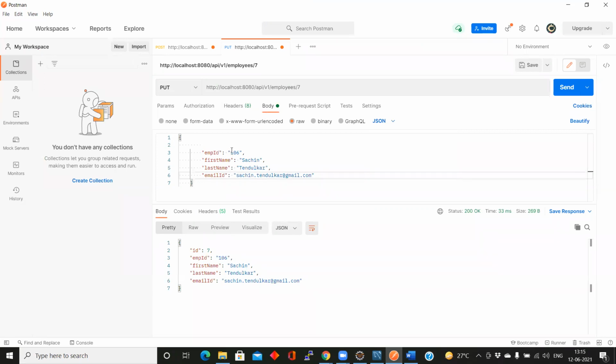And here, suppose this is the input. Now you want to change the name. Sachin is changing to Rahul. Okay, I'm changing some value, Rahul.